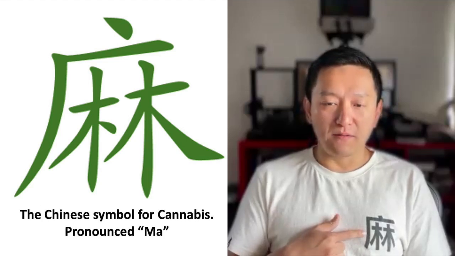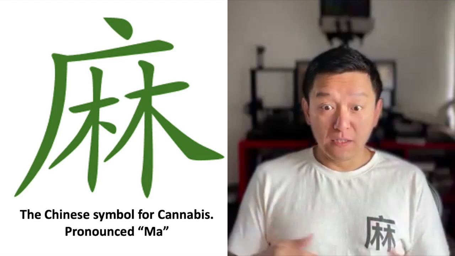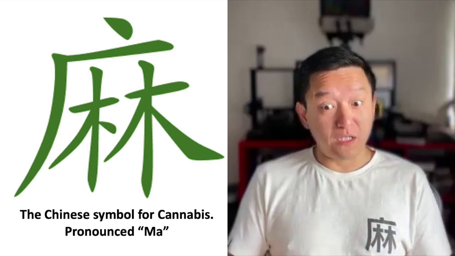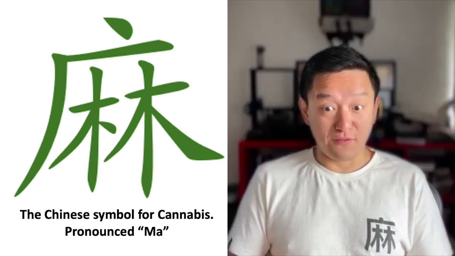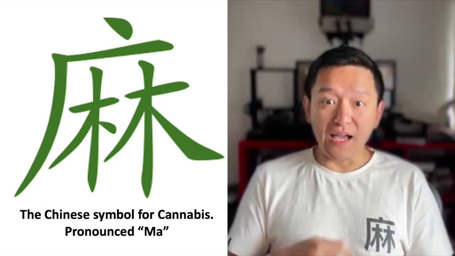So the first part represents wide, broad, because cannabis was broadly cultivated in China thousands of years ago, and it still is today. And the character underneath is meant to represent the cannabis plant, basically. It's meant to represent plants in general. And so this character symbolizes cannabis because it has a very long history in China. So this is kind of a foundational symbol of cannabis used in Chinese culture.